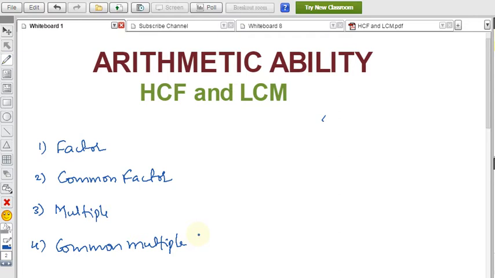Fine. So we must know these simple basics first. Then it's easy to understand HCF and LCM. And based on HCF and LCM, I'll explain you all the different types of questions which will come for any